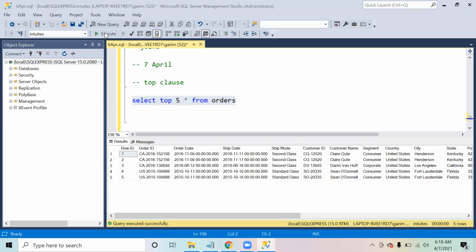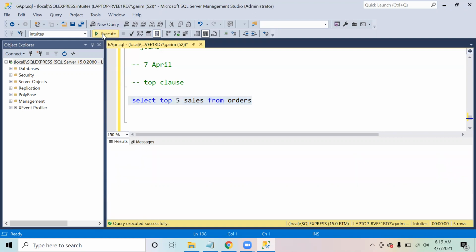Hi, I had a question. Yes, please. When you're already specifying that we only want to view the top five, do we need an asterisk? Yeah, we need it, because asterisk means all the columns. If you only want to see 2 or 3 columns, you can write those column names. If you say select top 5 sales, it will only give you the first five values from the column of sales. So when you write asterisk, it gives you all the columns.